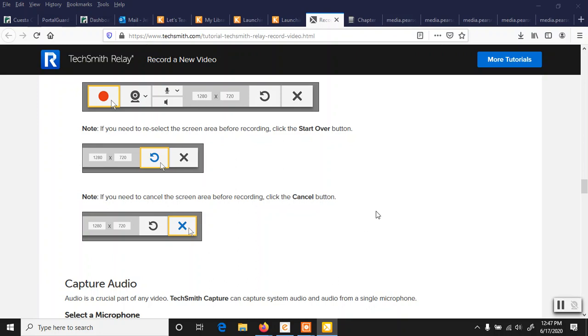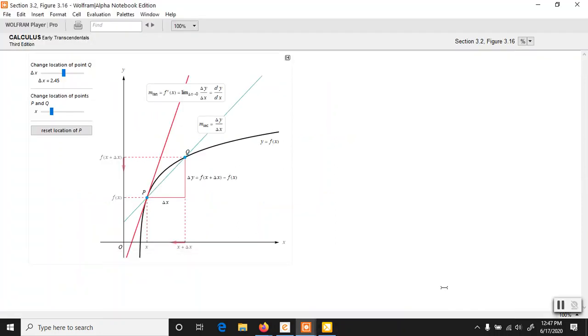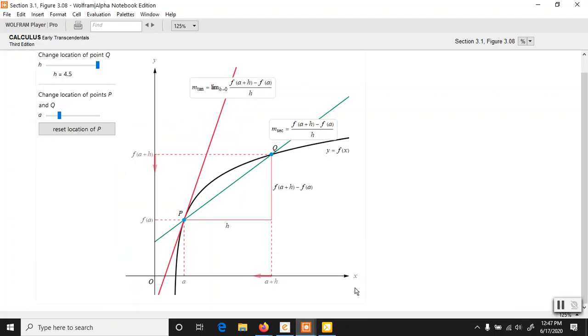Okay, gang, we were taking a look at section, I think it was 2.1, where we found the slope of a secant line and the slope of a tangent line. I wanted to show that to you again. I have a couple of figures here. I think I'll use this one right here. If you take a look at this figure,